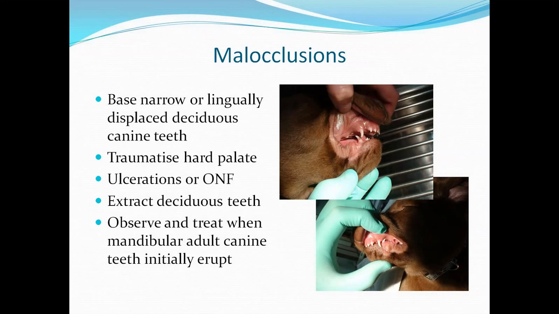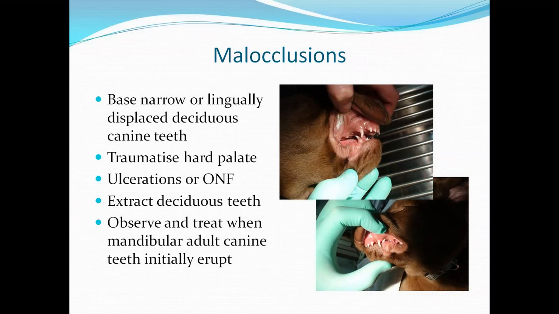So these are two examples. Well, this is really one example with two pictures, a left-hand side and a right-hand side. What we can see is that the lower canine, the mandibular canine tooth, is positioned caudal to the maxillary canine. That is an abnormal position, because the mandibular canine should be positioned cranial or rostral to the maxillary canine. So these teeth would be extracted so that we can then do a procedure, if necessary, on the adult canine tooth